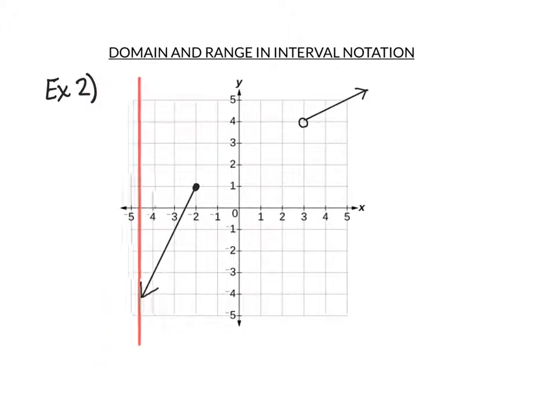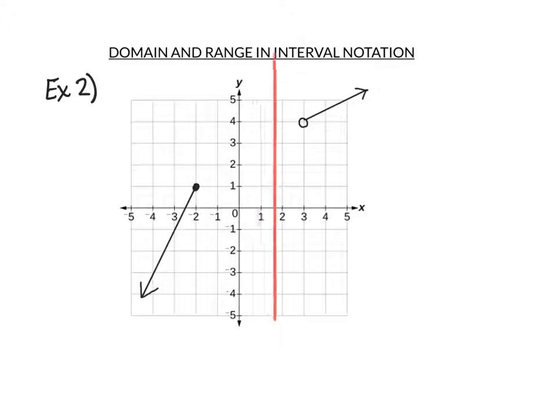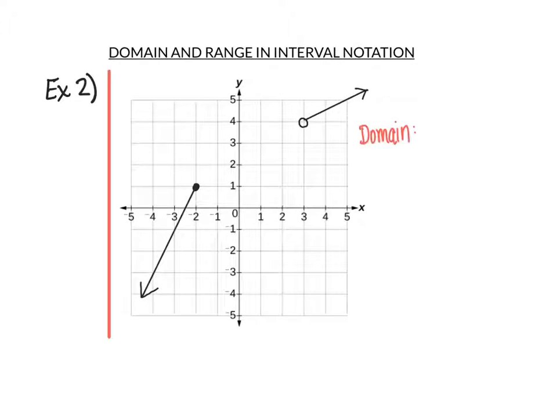Yes, yes, yes, yes. It touches here. It touches here. It also touches here because there is a closed dot, but it seems that as we move to the right, it's not touching anymore. So our graph is not touching the red line for these values of x. And here at the open circle, it's technically not touching at this open circle, but it's touching everywhere to the right of that. So our domain will go from -infinity because this part of the graph will go forever to